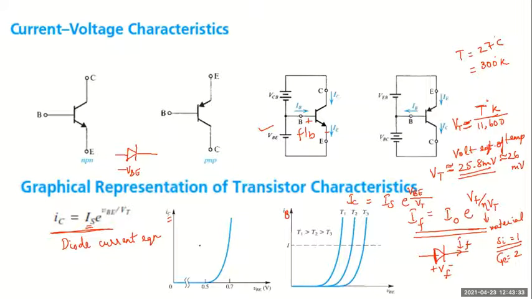So whether I draw IC versus VBE or IB versus VBE, I'll get the same thing because all of us know how IC is related to IB. IC is equal to beta times IB approximately. We also have the second term 1 plus beta ICBO, but since that reverse current is very small when compared to this first term, usually we'll just take IC as beta times IB. Hope you are in sync with me.